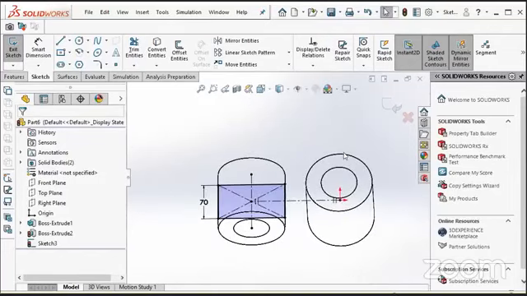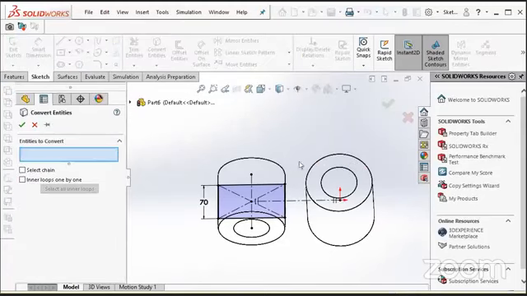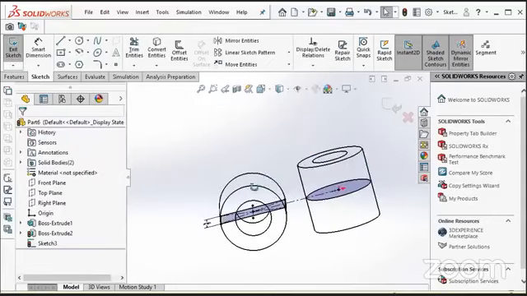But right now I cannot select any reference because this is the sketch we made in earlier sketches. So what I can do is first use convert entities and select this one. So it will automatically be placed on the reference plane we are sketching.